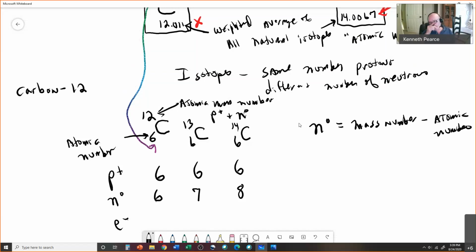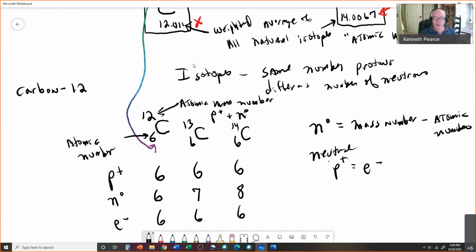You can always find the neutrons. Mass number minus atomic number gives you the number of neutrons. And to be electrically neutral, the whole atom, the number of protons has to equal the number of electrons. So 6 protons for carbon 12, carbon 13, and carbon 14 means we have 6 electrons all the way across. Okay, now,